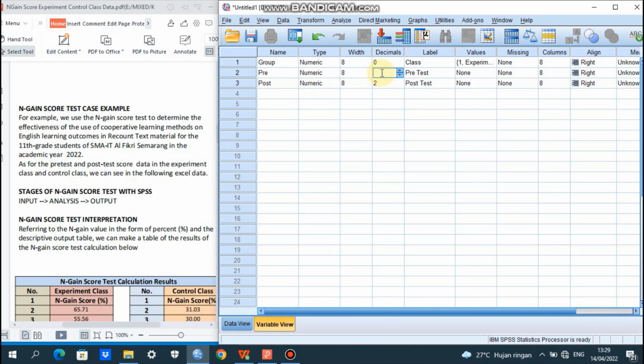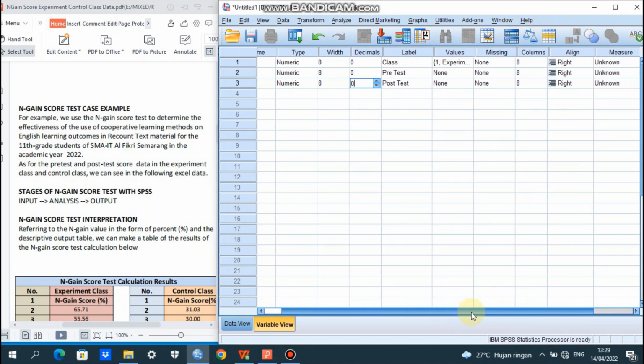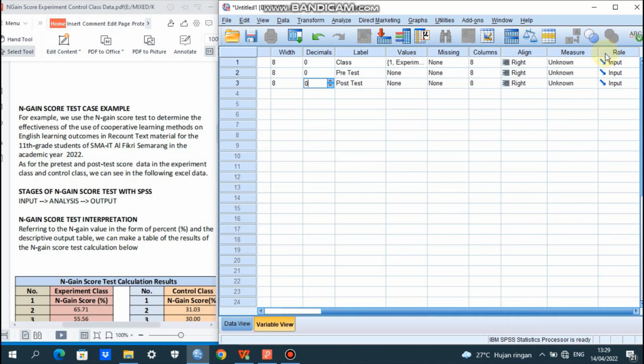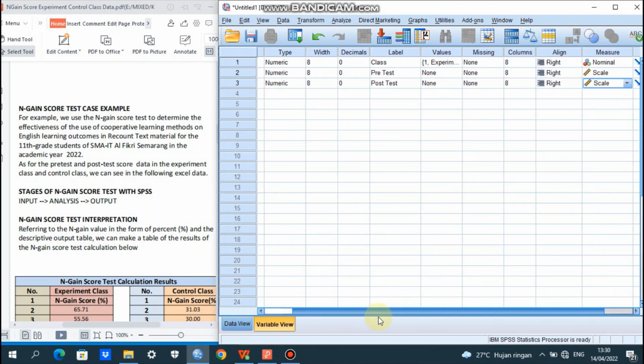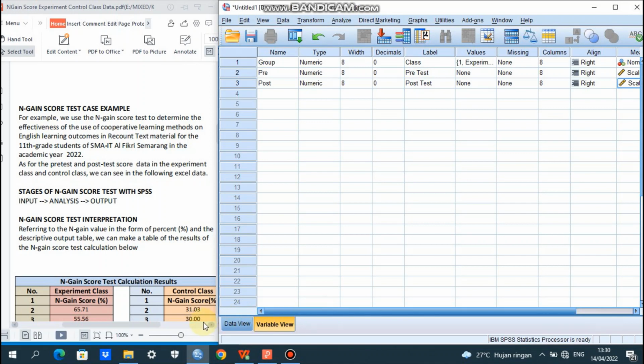Don't forget it. This one also 0. And then for the measure, we choose nominal for the first and the rest scale. For the class or the group, we choose nominal and scale for pretest and post-test.